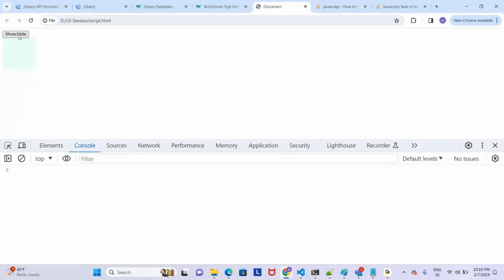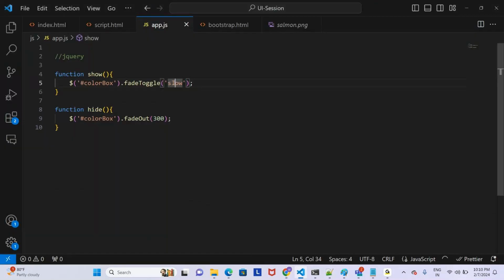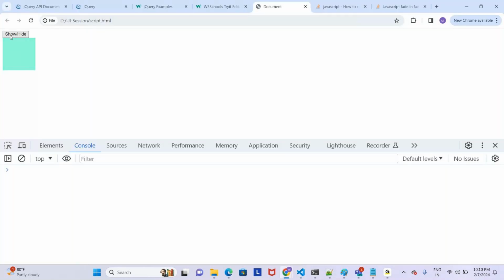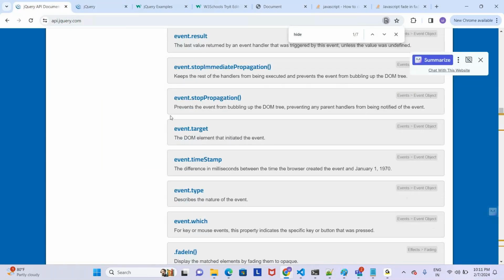Did you observe anything? It's the same button only, working for show and hide, and we use that toggle. I mean the fade effect, and we passed that method value as slow only. Making this effect with JavaScript is hell, because it took a lot of time, and you have to write all of them on your own, and make sure whatever you have written works in all the browsers. So many complications. But when it comes to jQuery itself, you need not worry about it, because jQuery